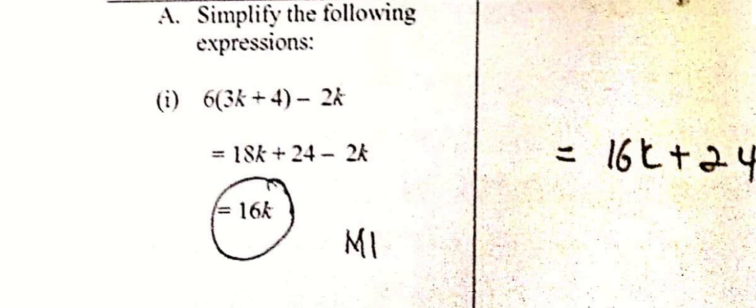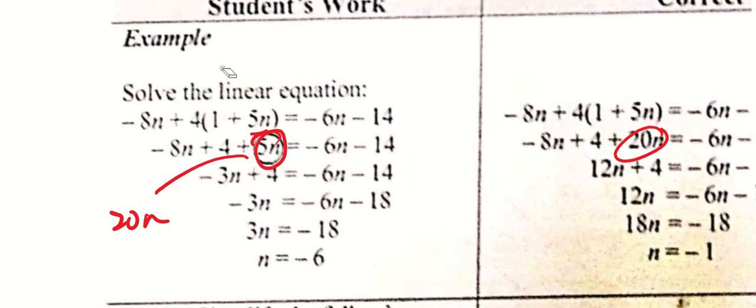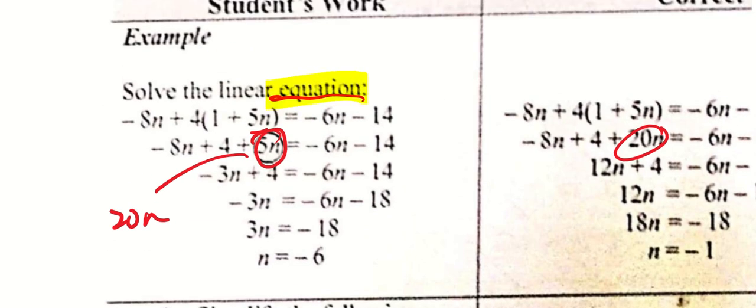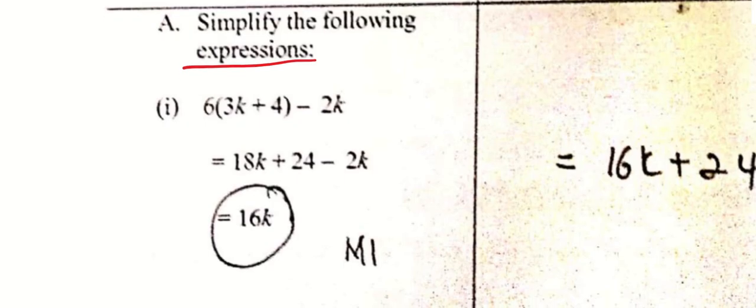So let's move on to the first question that you're supposed to have done. In the first question, this is simplify the four expressions. Now remember there's a difference between equations and expressions. Let me explain a bit. How do I differentiate between an expression and an equation? Well, in an equation, as the word suggests, you should see in the original question that there is an equal sign in between. But for expressions, there isn't any equal sign.